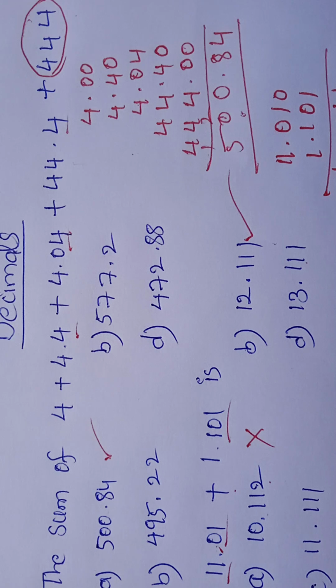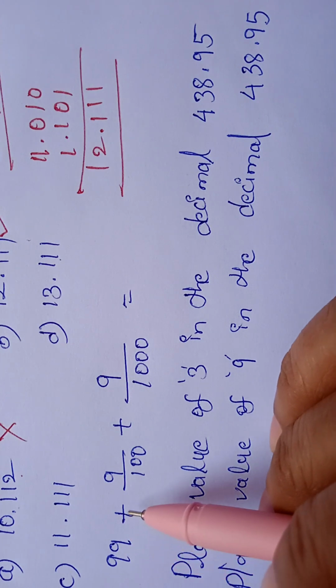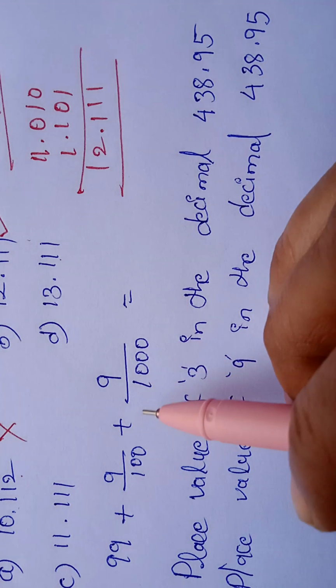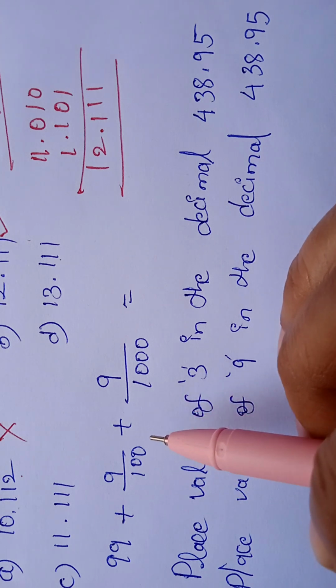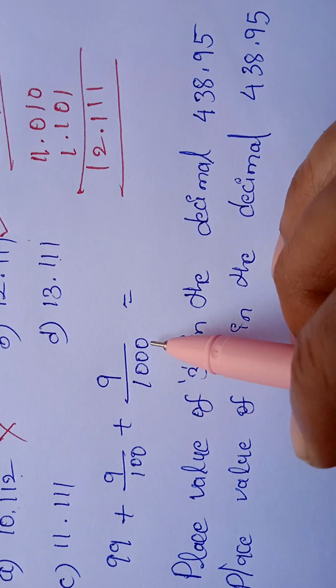Third one, 99 plus 9 by 100 plus 9 by 1000. So first, don't do LCM. So don't go for the LCM. So simply we can write it as